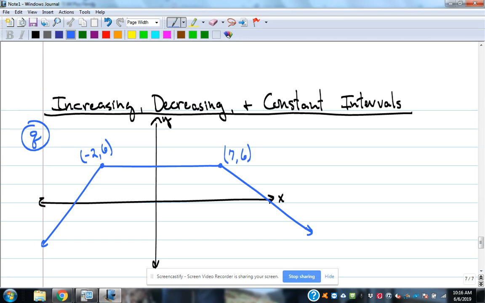And if you're going up from left to right, that means you're rising from left to right. So if we look at this first little leg of this graph, it's got an arrow pointing down saying that this is going that direction there. But if I read it left to right, is that line getting higher as I move from left to right? If I'm moving from left to right, the blue line is going up, right? So that's an increasing interval, okay? Because that line, as I read it left to right, it's going up and to the right, okay? So we have an increasing interval,